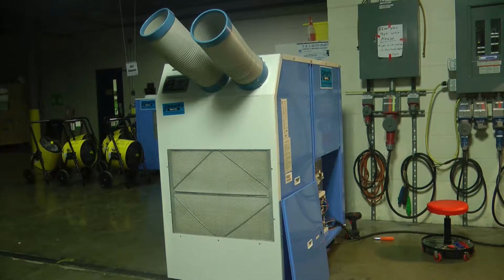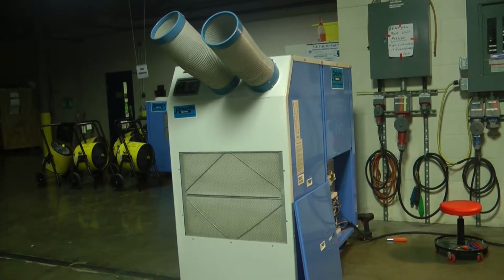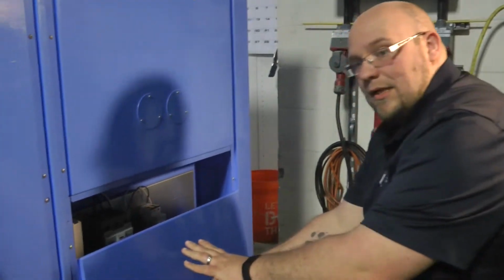So basically what I'm going to demonstrate here is how to properly wire our 5 ton and 7 ton spot coolers. The most problems we have come across in the past is customers running out of phase. They'll say the compressor is whining and running extremely hard, which is highly possible because your power legs can be out of phase. When you go to remove this panel before wiring, after you remove the panel slightly, do not